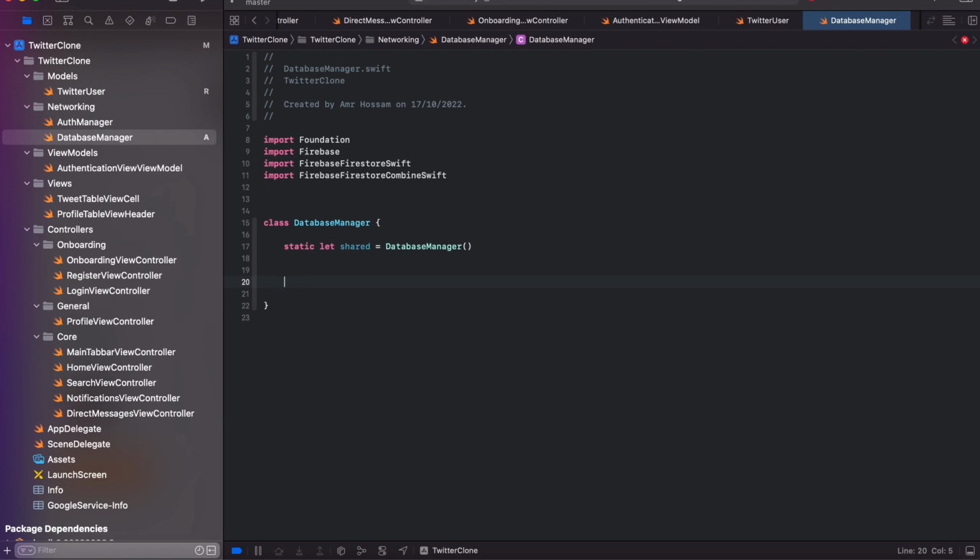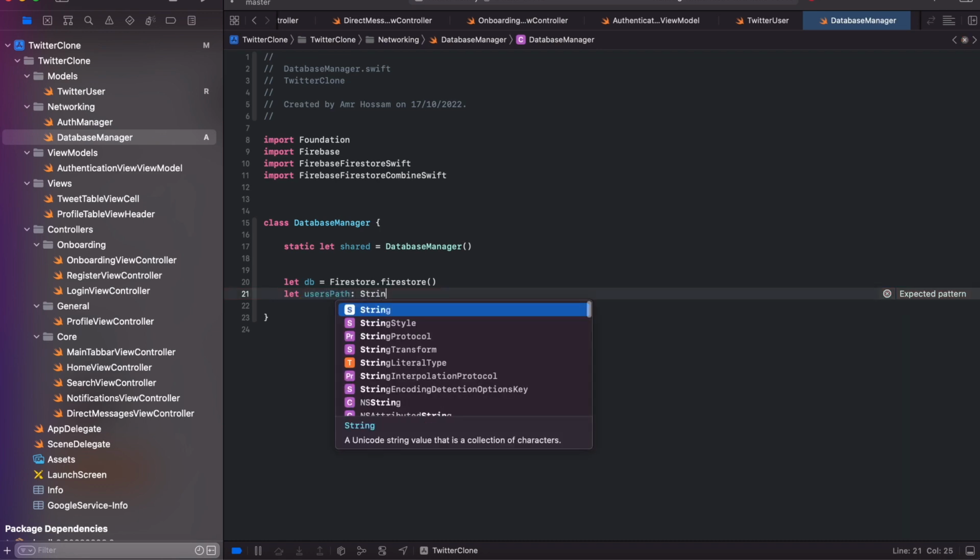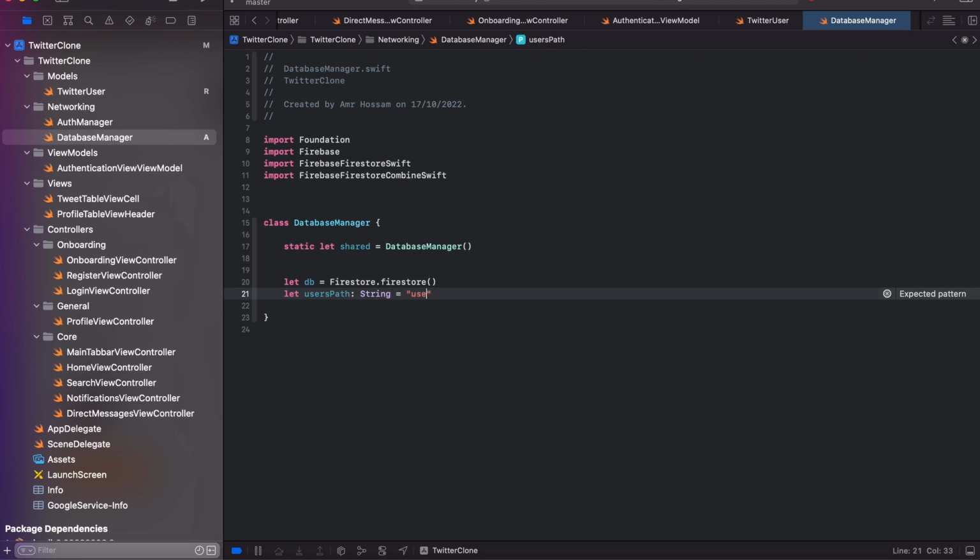Here, I'm going to initialize some constants as well. So let db, and that's going to be our database, Firestore.firestore. So basically this is the instance that we're going to use in order for us to access the database itself. And here I'm going to initialize my path for a certain collection. So usersPath, and that should be of type String, and I'm going to call this users. So basically inside this path, which is a reference to my collection in which I'm going to store users